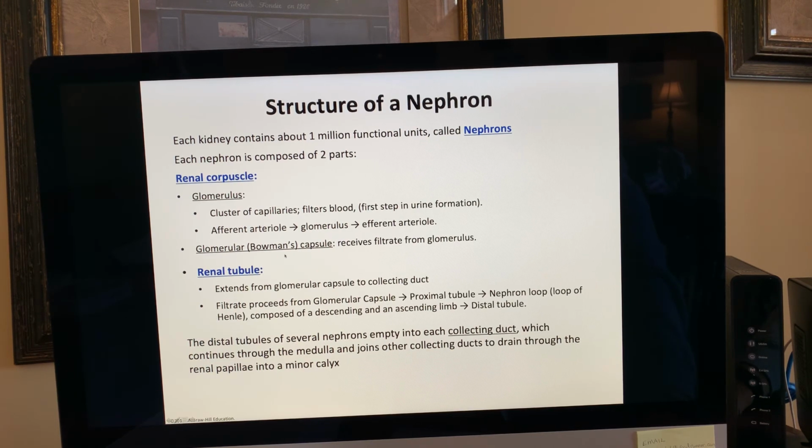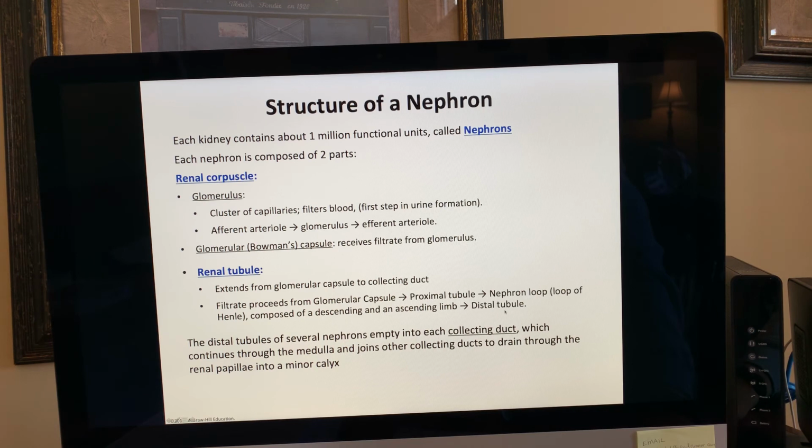Bowman's capsule then receives the filtered substances from the glomerulus, and then it transfers them through a series of tubules. The first tubule being what's called the proximal tubule or the proximal convoluted tubule. The next tubule being the nephron loop or the loop of Henle, which in many cases dips down into the medulla of the kidney, then rising back up into the cortex, where you end up with a distal convoluted tubule,